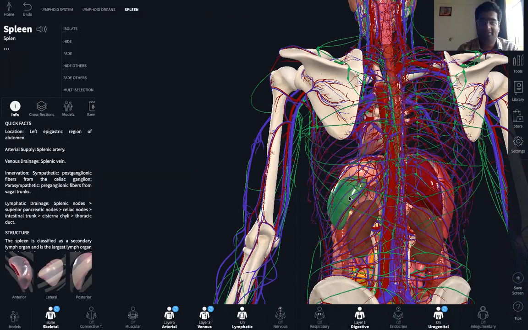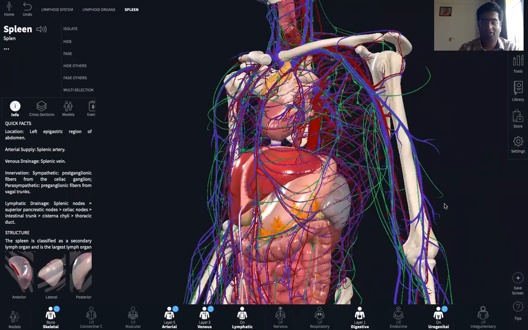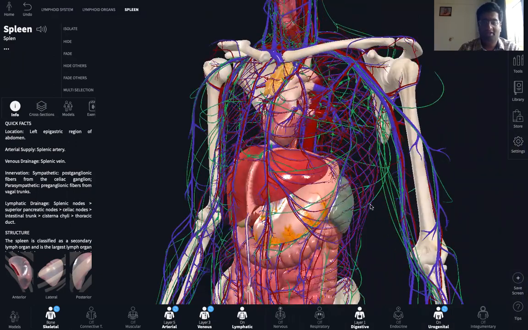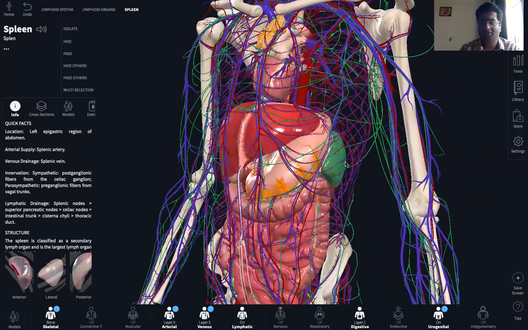Now, the spleen acts as a reservoir of blood. So whenever there is an emergency, the excess blood can be released from the spleen. The spleen is also a lymphoid organ. It is also involved in lymphopoiesis, or you can also say leukopoiesis, formation of certain types of white blood cells. And the spleen is also the graveyard for the RBCs. So the dead and the worn out RBCs are destroyed in the spleen, which it jointly performs this function with the liver. Now, the next key component of the lymphatic system that you have are the tonsils.